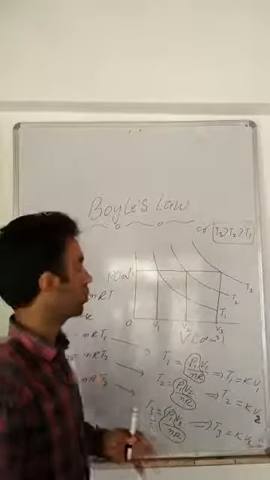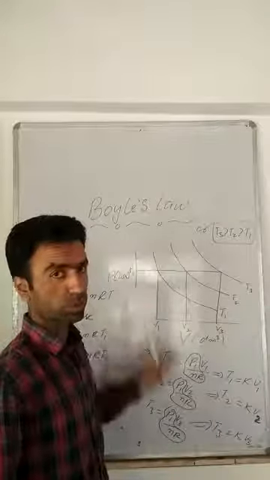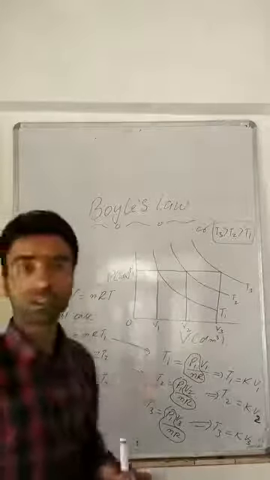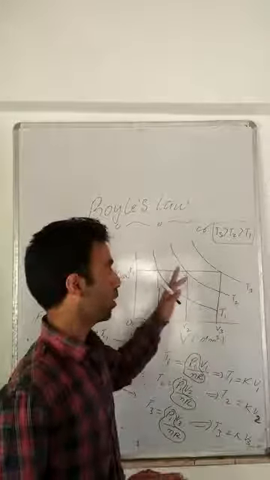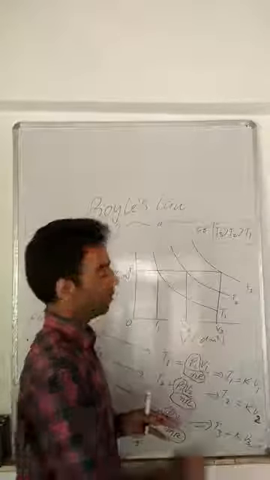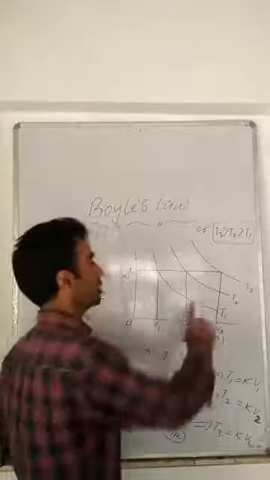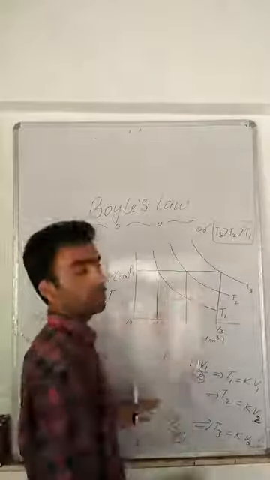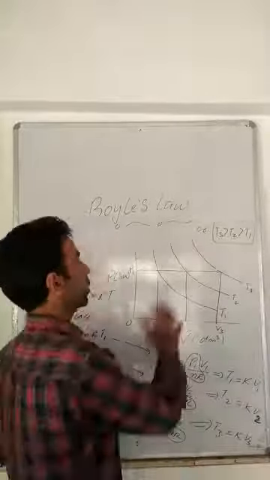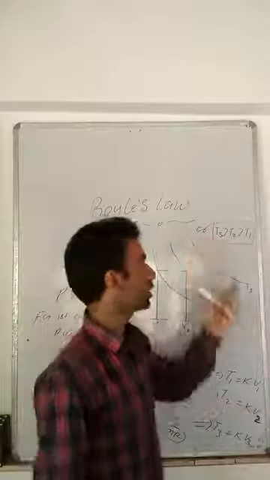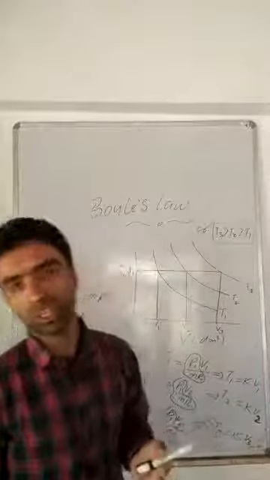I have repeatedly told you that this is Boyle's law at different temperatures. But you have to remember one thing, that the number of moles has to be kept fixed. This is Boyle's law at temperature T1, this is Boyle's law at temperature T2, this is Boyle's law at temperature T3, and because we are keeping the number of moles fixed, we show the relationship between different temperatures, and the relationship that we arrive at is T3 greater than T2 greater than T1.